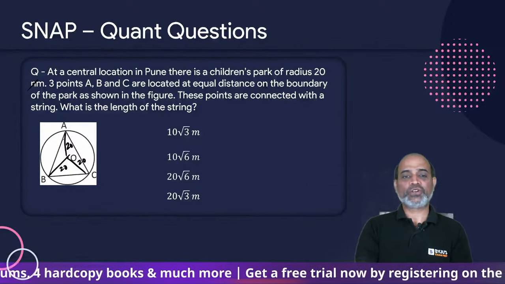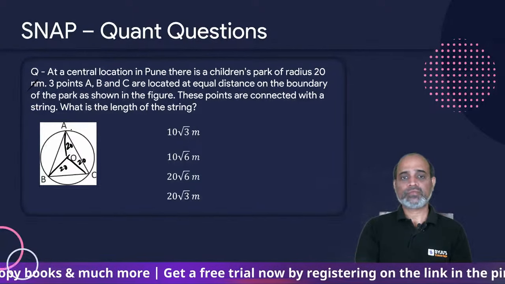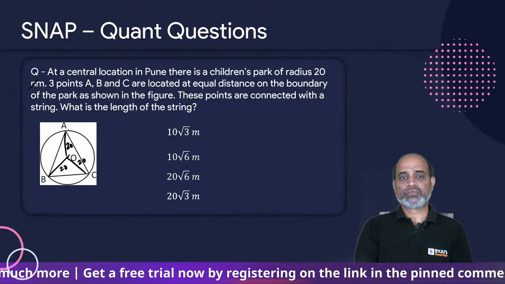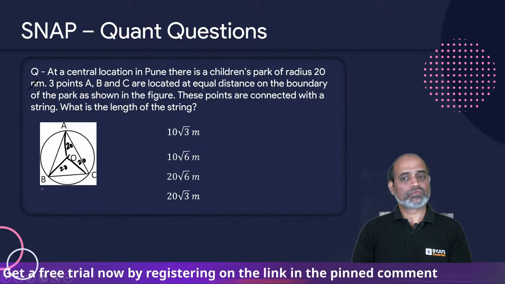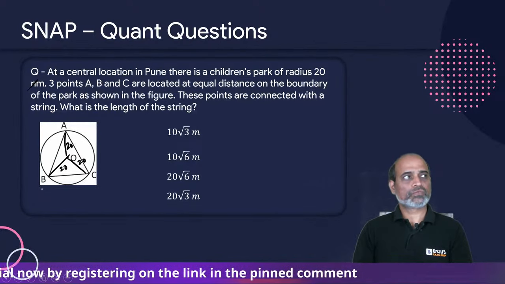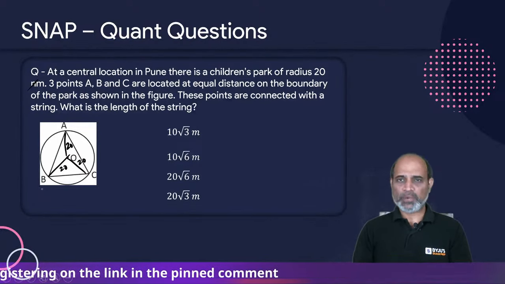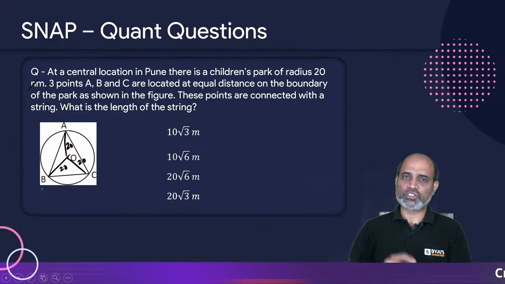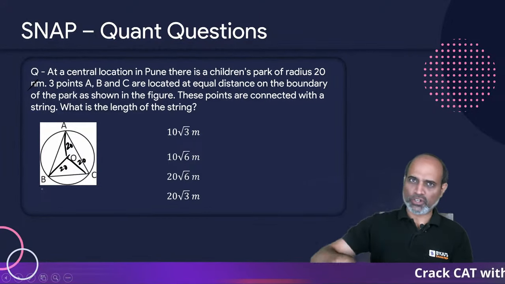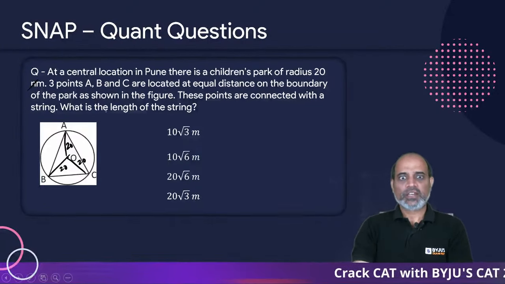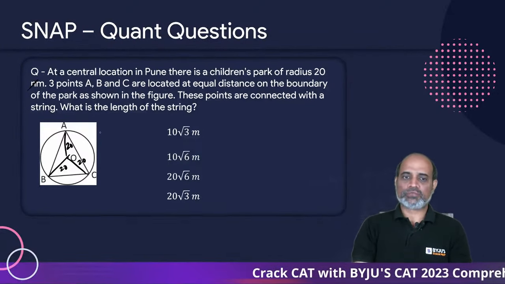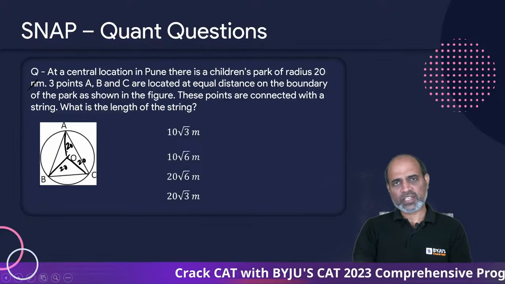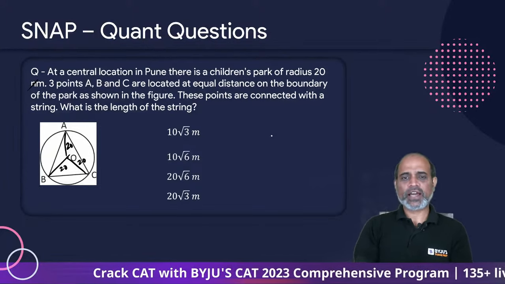So we need to find out the perimeter of this triangle, right? Because we don't need the circumference of the park, because these points are connected using the string, not the circular part, not the park. Okay? So assume this is an equilateral triangle, and if you have an equilateral triangle